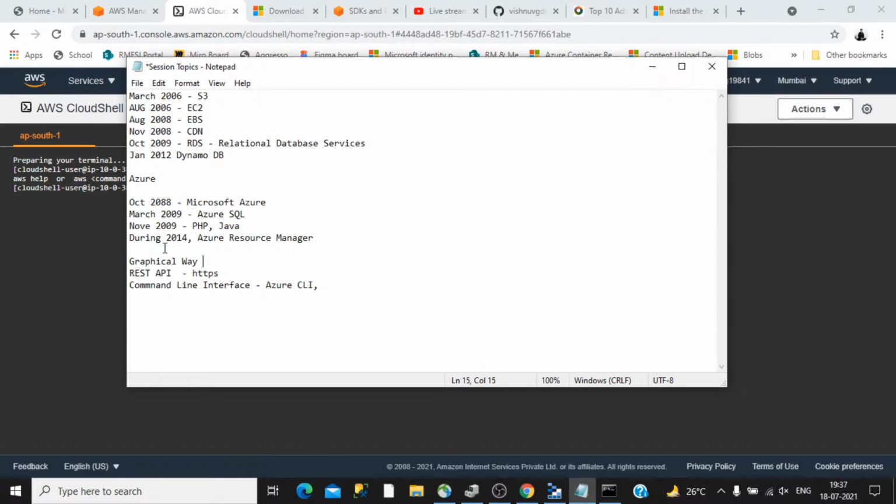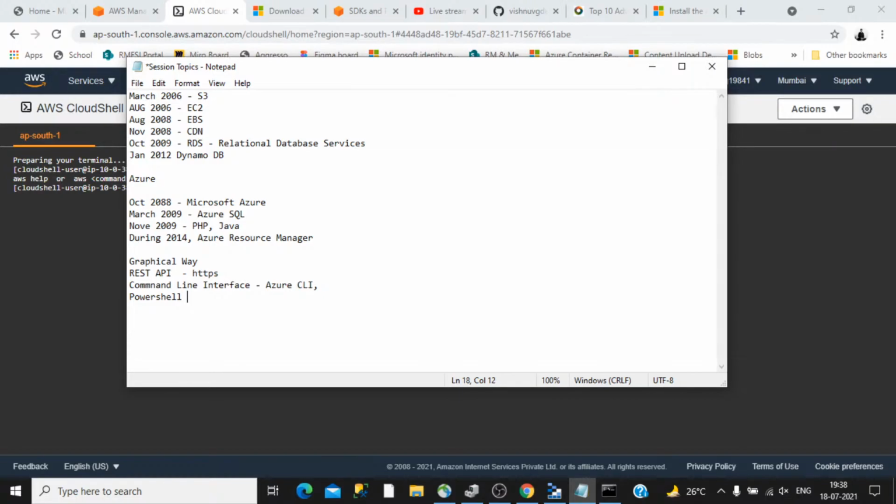So let's look into one more thing. If you are familiar with PowerShell, that's a kind of script way. You can also interact with Azure or Amazon using PowerShell. Some of the ops or DevOps developers are familiar with this scripting language called PowerShell.